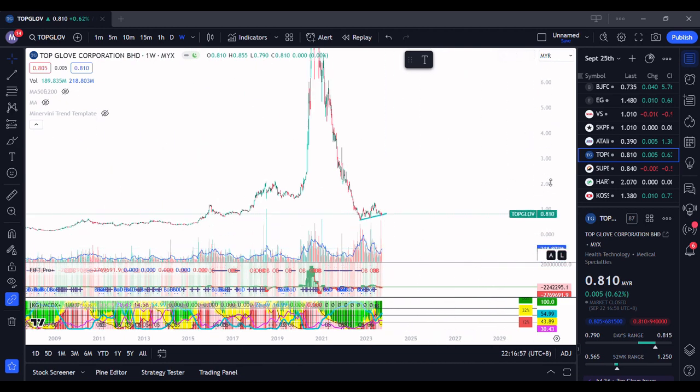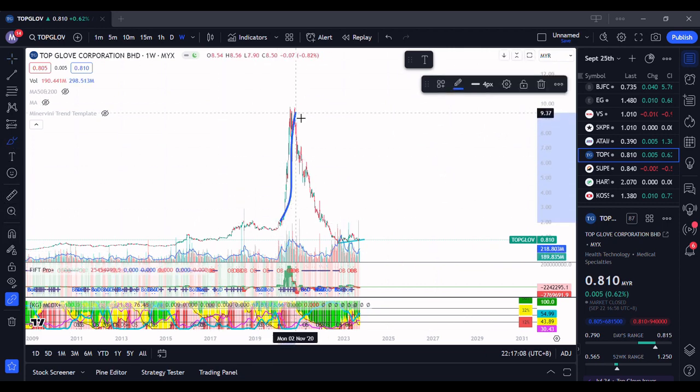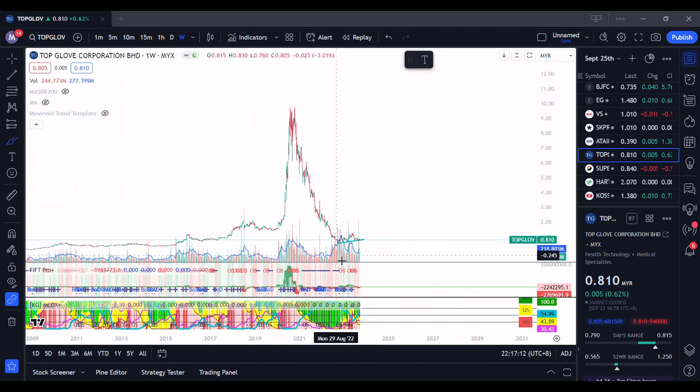And I think for that to come, the earnings must start showing first. This was really hyped during pandemic time. You can see it's quite short-lived. Once the vaccine story came, it kind of just went south. So personally, I think glove play, I don't know whether the glove play is or is not there, but